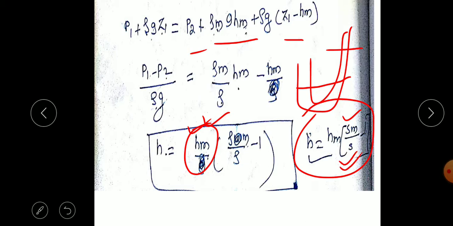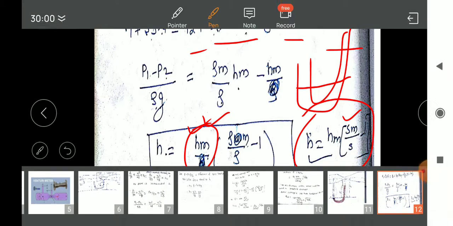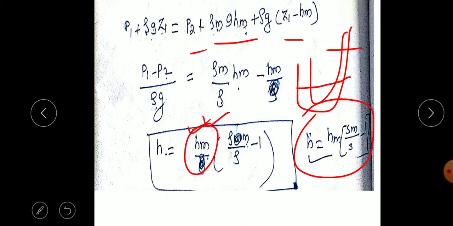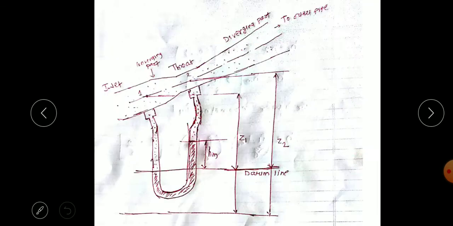If the flowing fluid is water, its specific gravity is 1. If it is oil, it may be 0.6 or 0.8. If we know the density or the specific gravity, then we can find h. So this is again important, the h formula: h is equal to Hm times, in bracket, Sm upon S minus 1. So as like we can find using